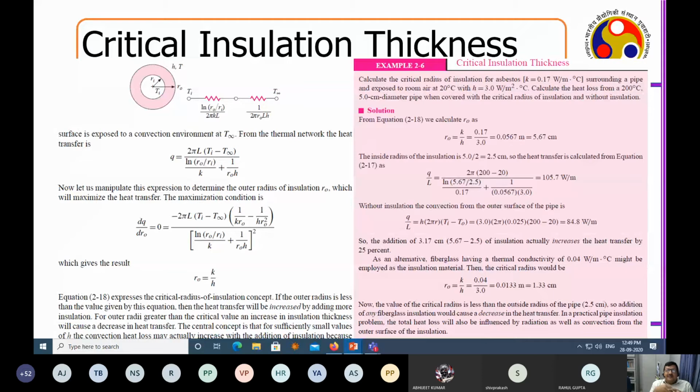Example number 2 says, suppose you have a refrigeration process and a refrigerant. Refrigeration means the process of cooling, and refrigerant means the material that is used for the process of cooling. Now, if you have a refrigerant flowing through a pipe, it will be at a very low temperature. But we know that the room temperature is, say, 25.